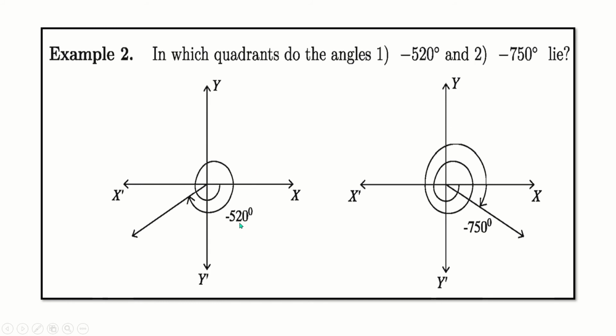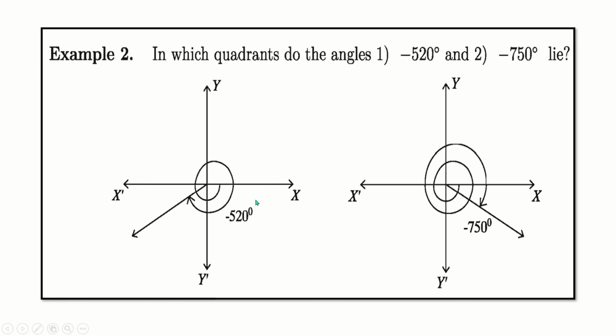That means this is a fourth quadrant. Minus something, that means that will also pass this quadrant. That means that will lie on this quadrant. This quadrant will be the third quadrant, because quadrants start from here. 1 2 3. But for a negative angle we have to start from here. That means we have to start from the fourth quadrant.